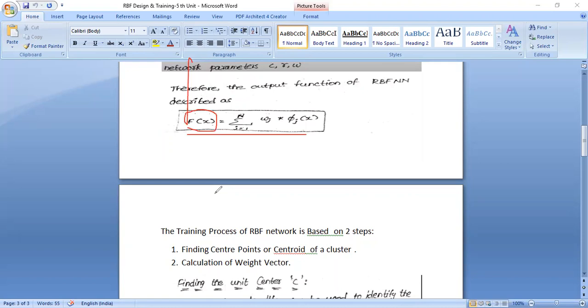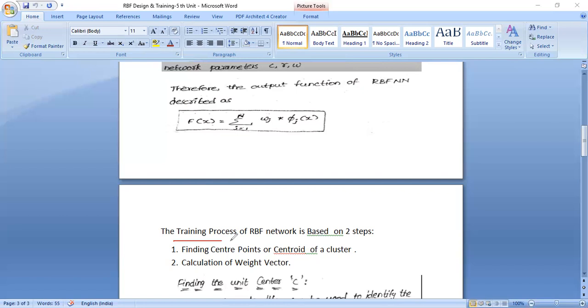What is the input layer? The functioning of the input layer, and what is the hidden layer, the functioning of the hidden layer, and also the output layer neuron. So each and every step would be considered as the designing of the RBF network, as well as the steps or the parameters which we have taken within that network is called the training of that network here, right?